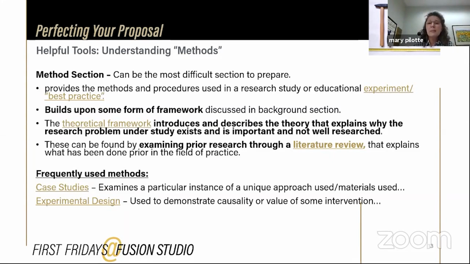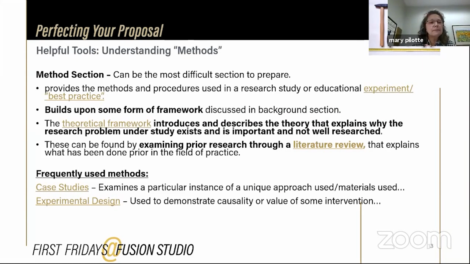For those of you who might need some help doing a thorough literature review, I grew up in the old form where you still use the library, which no one does anymore. So how do you use the benefits of all the databases to really get a thorough literature review? Frankly, an amazing literature review in any one of the areas that you've talked about would be a great addition to a possible proposal. And as Rich mentioned earlier, we've got some specific examples for going deeper and understanding how to build a case study or an experimental design. We hope those resources are valuable tools going forward.